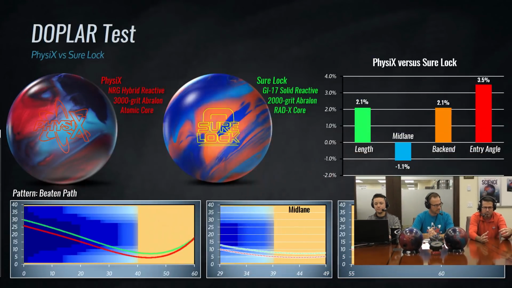As of right now, when we discontinue bowling balls, we're looking at a sales cycle, and we look at the units that are sold over a window from the beginning and through the age as the product ages. We look for a certain number, and Sherlocks are still selling very well, and it fits a niche in our line, like Steve just said: "Hey, I still like to use a Sherlock on the fresh. It still shapes it right for me." We still sell a tremendous amount of Sherlocks, and so I don't see a Physix replacing a Sherlock. We'd have to have something that read the lane similar to a Sherlock, but maybe in a different way, to say, okay, maybe it's time to move on from the Sherlock.